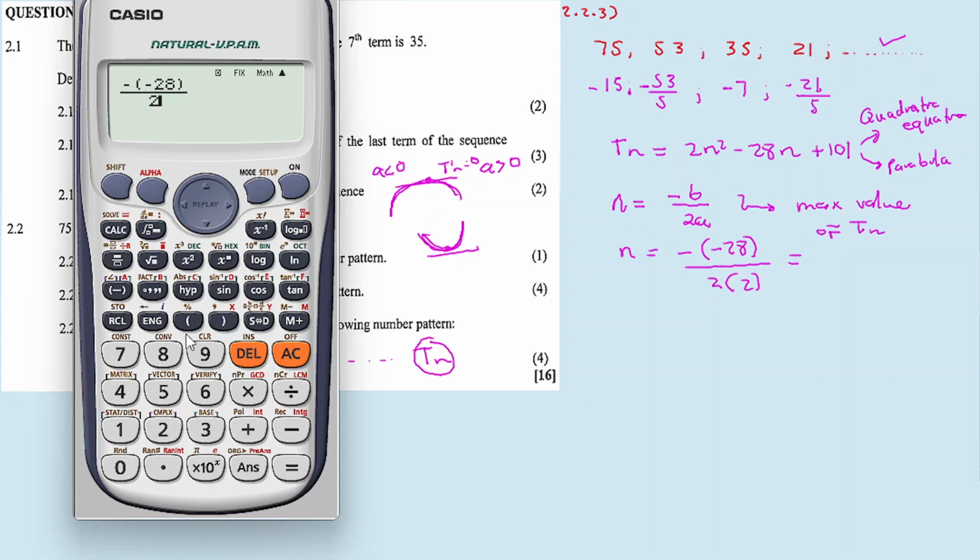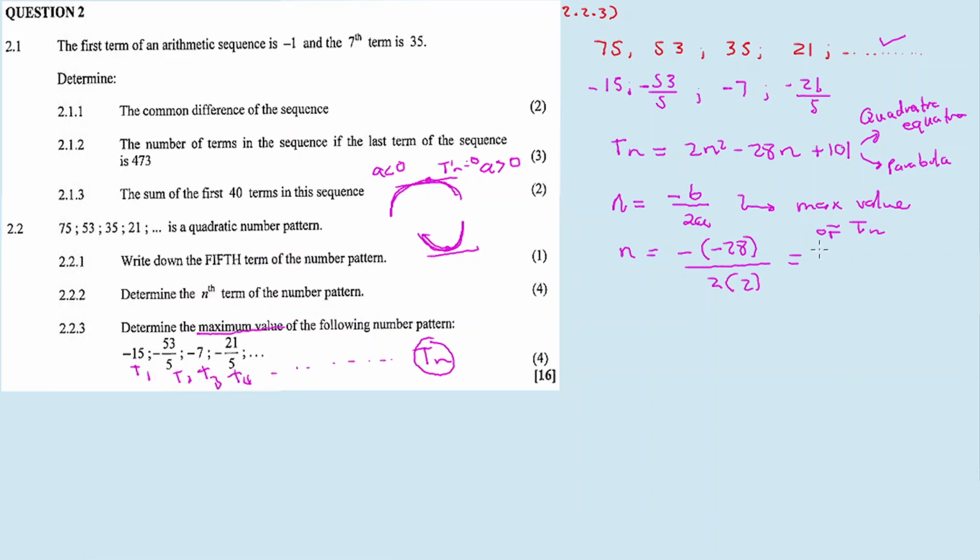So hence I use this formula so that we can find the maximum n value in our parabola or the quadratic equation. So this is equal to 7. So term number 7, n equal to 7, is in fact the maximum value,